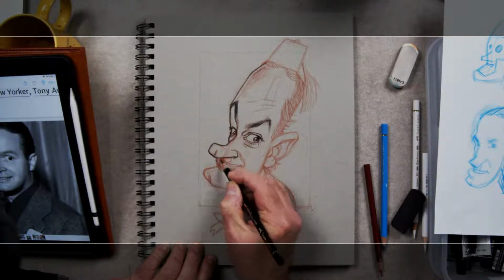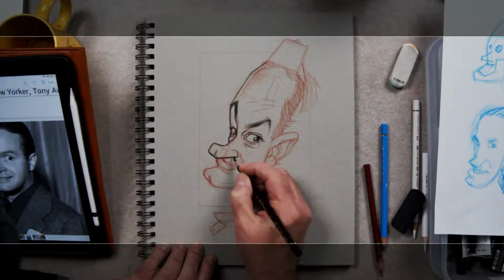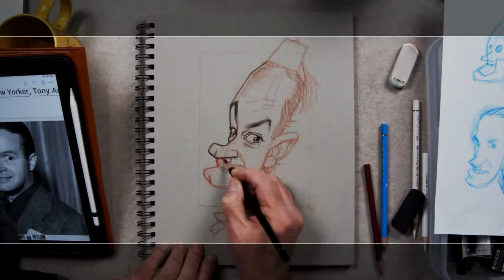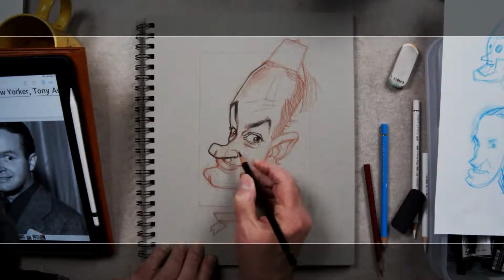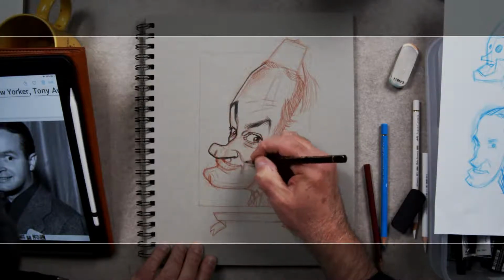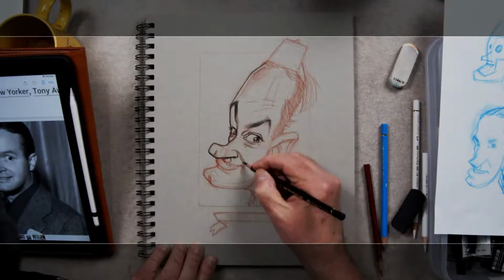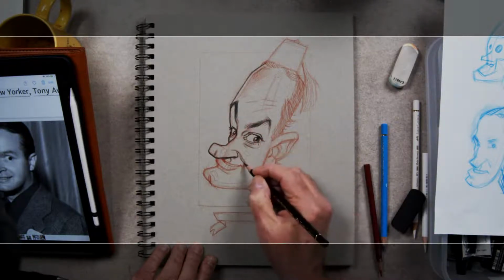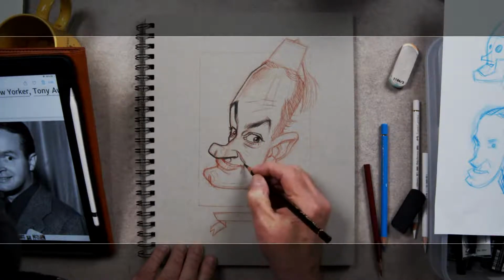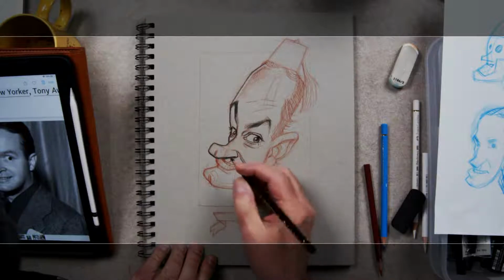If you can invent it, great, but if it's there, it's there. It's part of the appeal of choosing a subject. This is a subject that I've chosen. I've never drawn him before. I don't know whether the likeness is perfect, but I'm just going to play with it and see what I can find here.